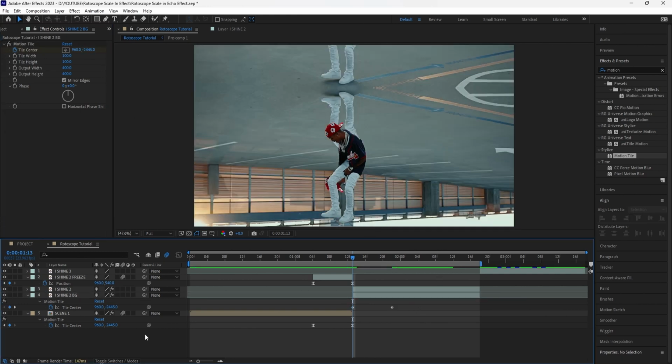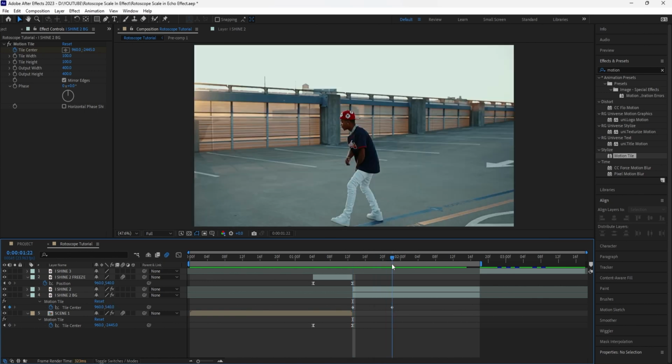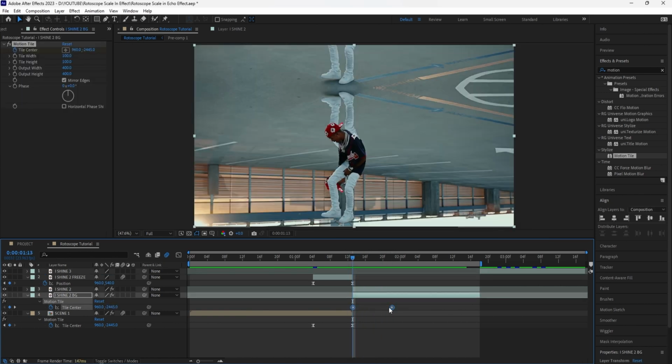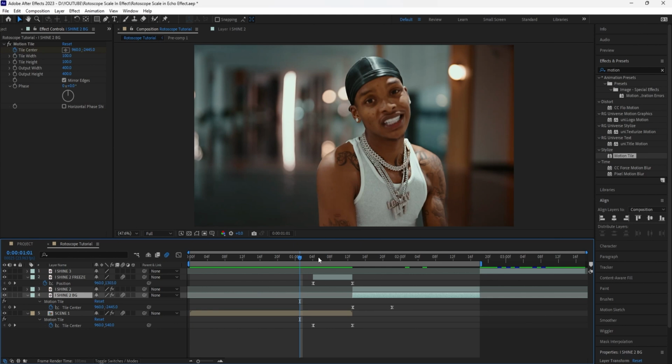flipped. So first keyframe of the motion tile for the second clip, you want to have keyframe at 960 and negative 2445, and then you want to have it end at its original position. And then grab those keyframes, easy ease them, make sure you have your motion blur on for that layer, and